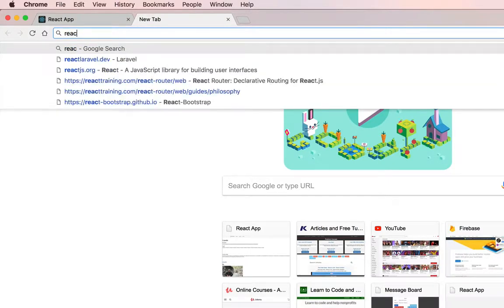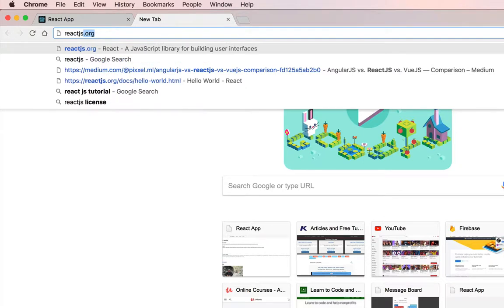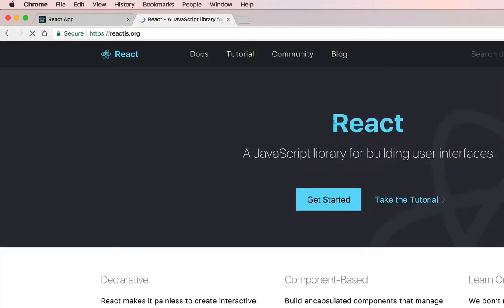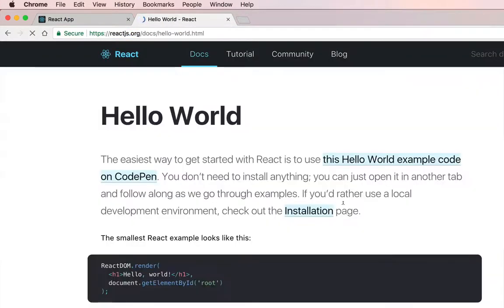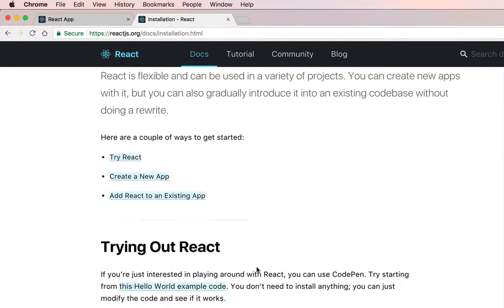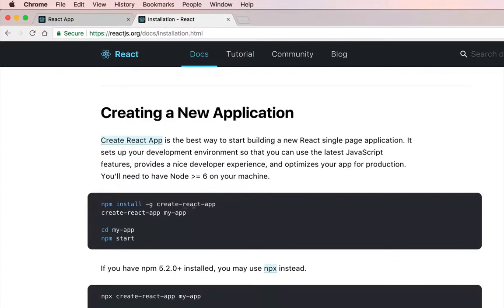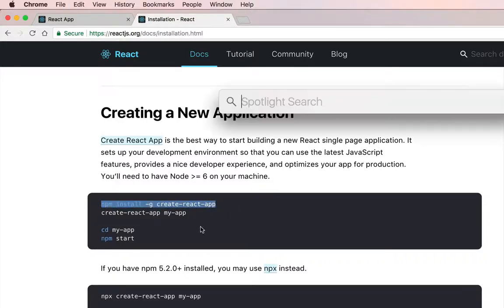reactjs.org. Get started. Installation. Okay. I'm sure you have already installed create-react-app globally. If not, you can run this command. So go to your terminal